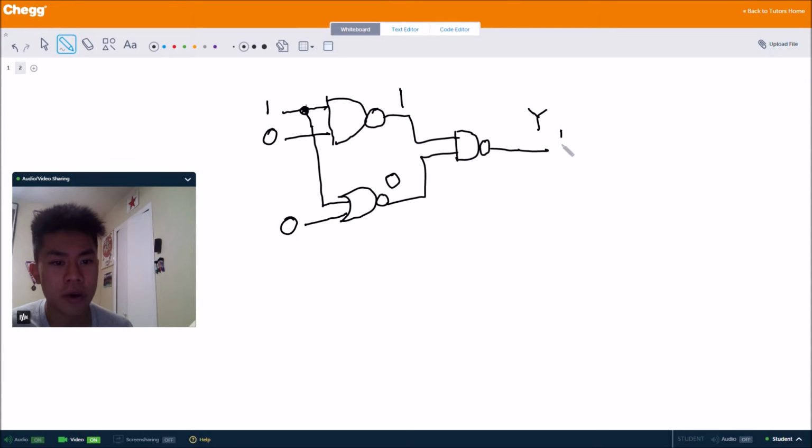It's going to output a 1, right? So your Y is going to equal